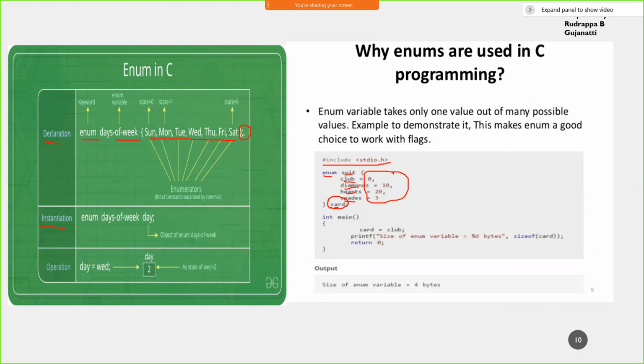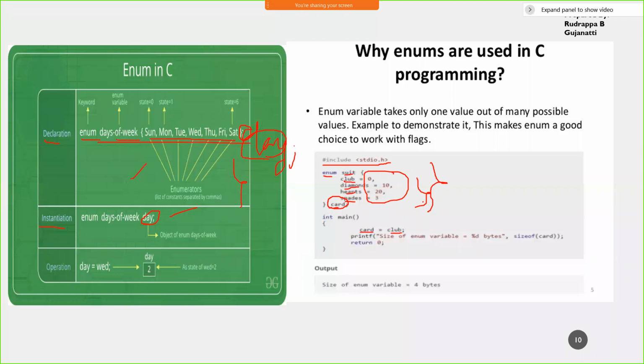So if I only terminate after this one, it is declaration. But before this semicolon, if I put day, that is, in this form, here I write day, then a colon. So it is like you're creating an instance over there itself. That instance is assigned a value which is equal to club over here. So this is the difference between this part and this part. Here declaration and instantiation are different, but in this case, both are combined. So even this is also correct.